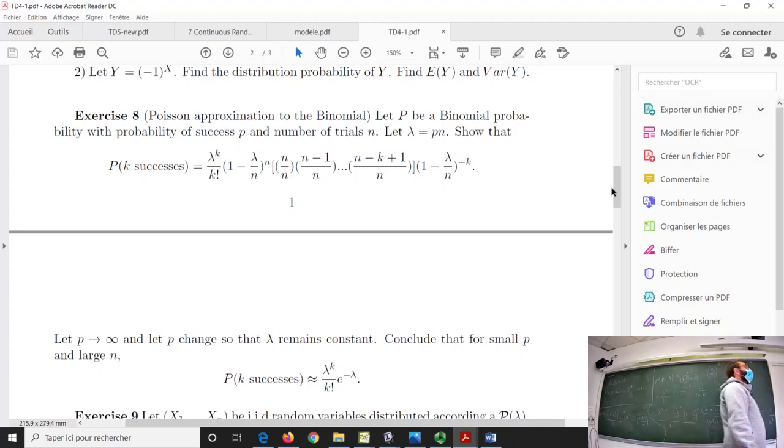So once again, if I have a look at the limit I want to obtain, I already have this term here, that is lambda to the k over k factorial. So I won't touch it, okay? I have it already, so I am already happy to have this one. So I have to deal with the other terms. I can take them one by one if you want. What happens for this one when n goes to plus infinity?